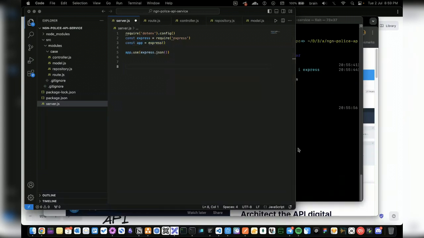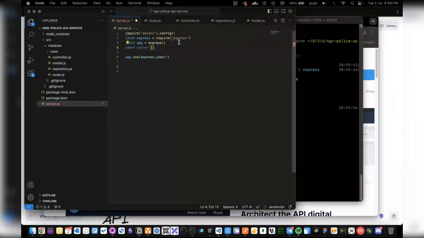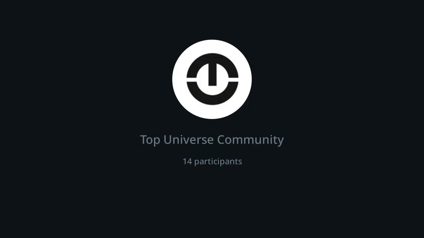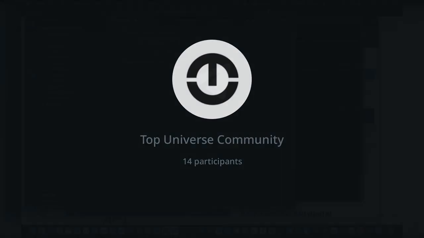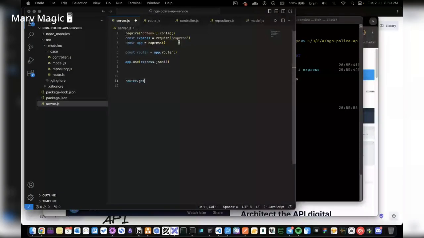So yeah, that should be my router. So I can say const router equals express.Router. Let me see. Sure, that should work. So here I can say router.get. Just to test the first one, I would say get request, response.